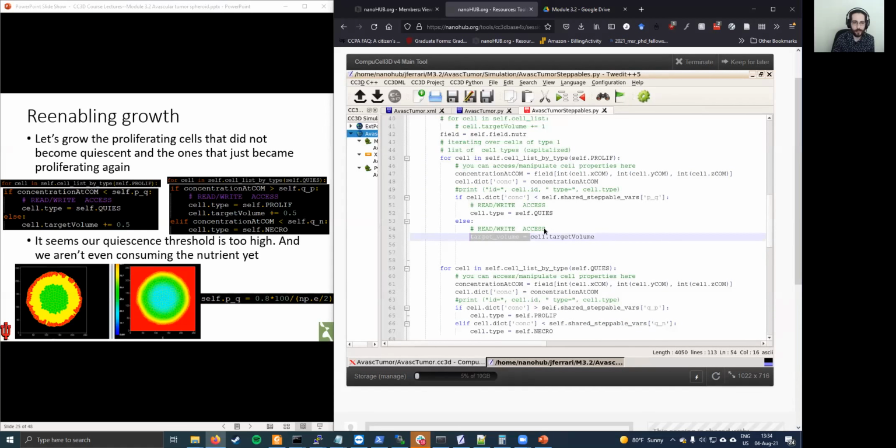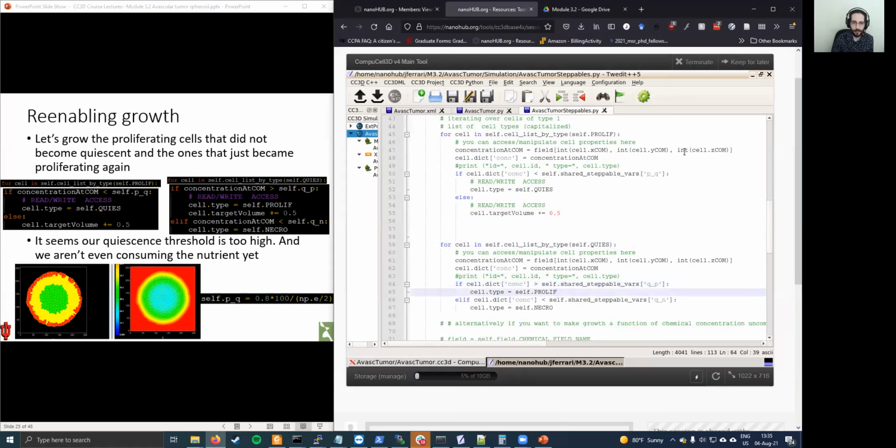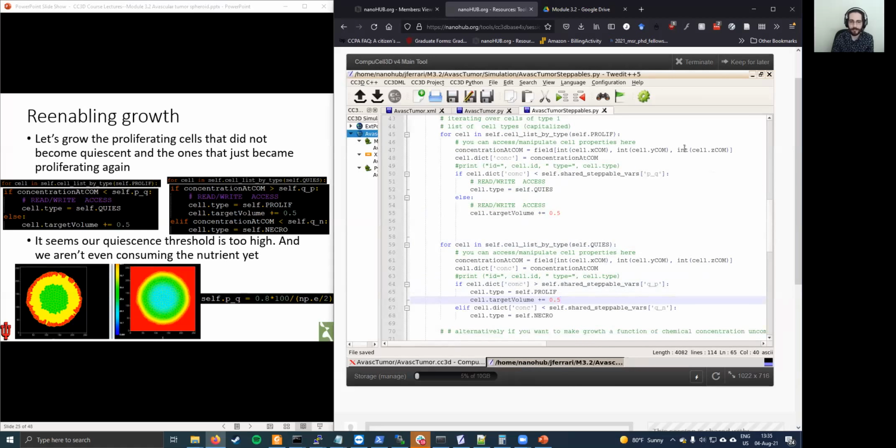And we are going to increase it by, say, a half every time step. And we also want to do something similar here inside the quiescent cell loops, because some of them just became proliferating. So inside of that, if that changes the type to proliferating, I'm just copying over the growth in target volume. So now if I let this run again,